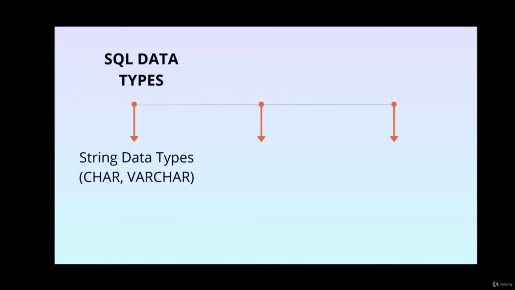Suppose there is a hotel management system which has a table by the name guest. In that table, there are three columns: guest name, contact number, and date and time of check-in and check-out. In the first column, the guest name column, the values that will be entered will be in the form of characters. So the data type that will be used in the first column is character data type. In the second column, the contact number column, the values that will be entered will be in the form of numerals. So the data type used in the second column will be numeric data type.